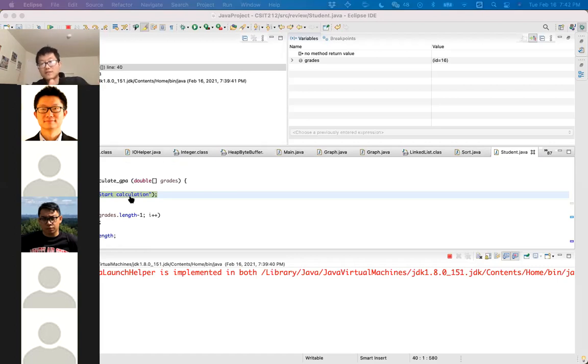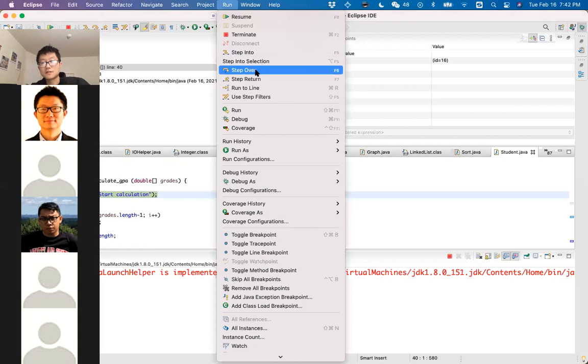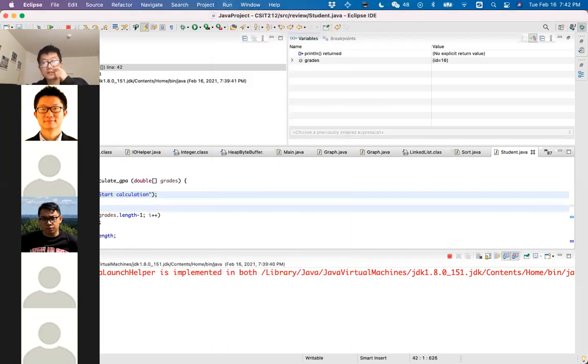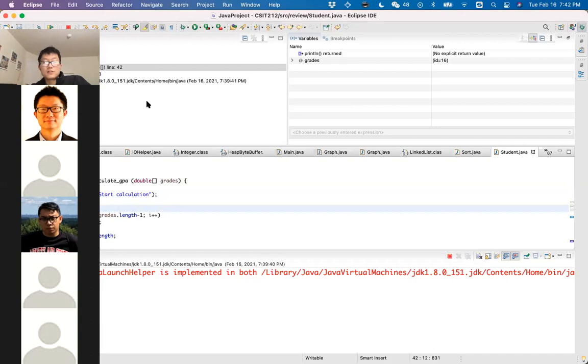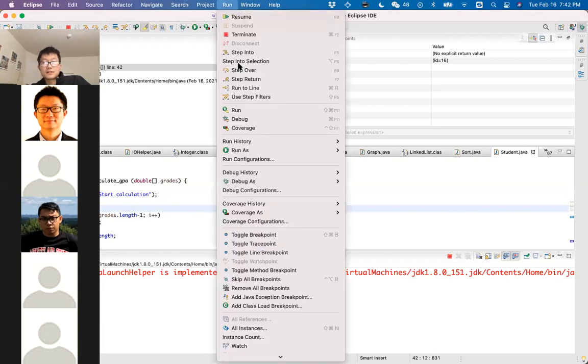Now we want to execute the code line by line, so we can use the step over function that is provided by Eclipse. Because we execute step over, it just executes this line, and we are able to see this print out, start calculation. Next, we want to execute this line too, sum equal to 0, line 42. So we click step over.